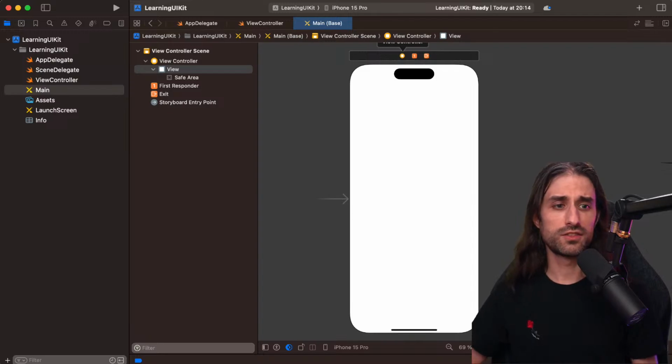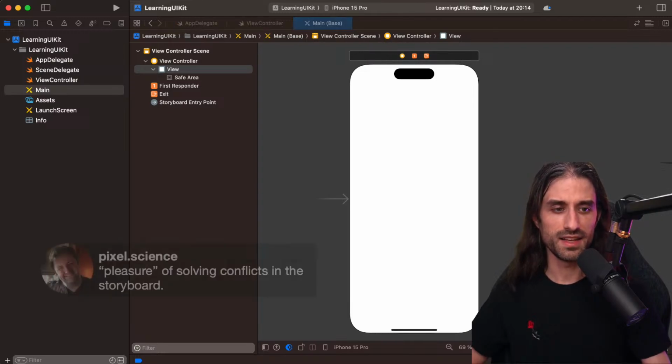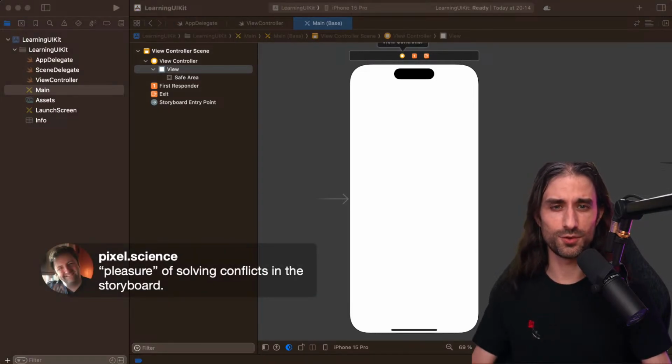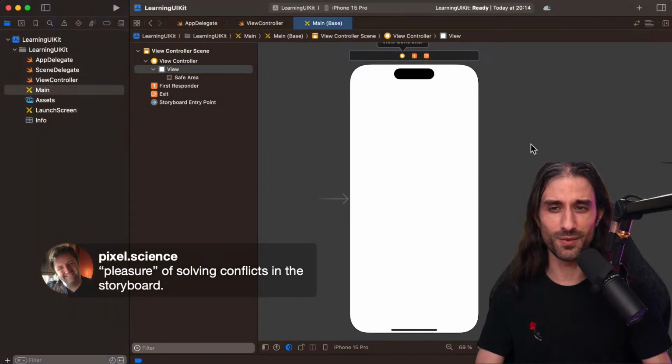And honestly, it's okay to have one storyboard per view controller. You don't really lose a lot in terms of optimization. And if you've had the pleasure to deal with a conflict in a storyboard, you definitely know what I mean by that. But we're going to build a simple UI in a storyboard in a bit.